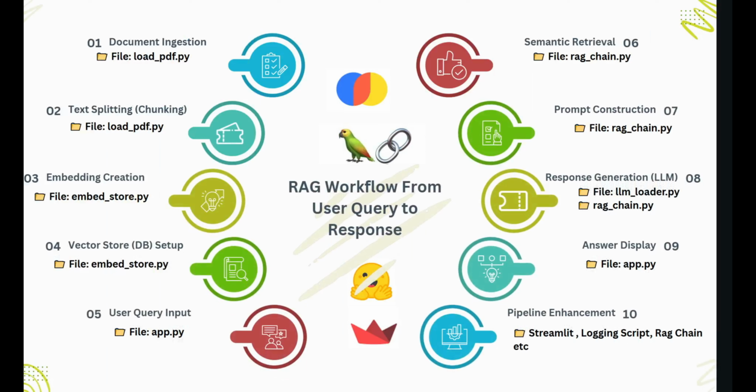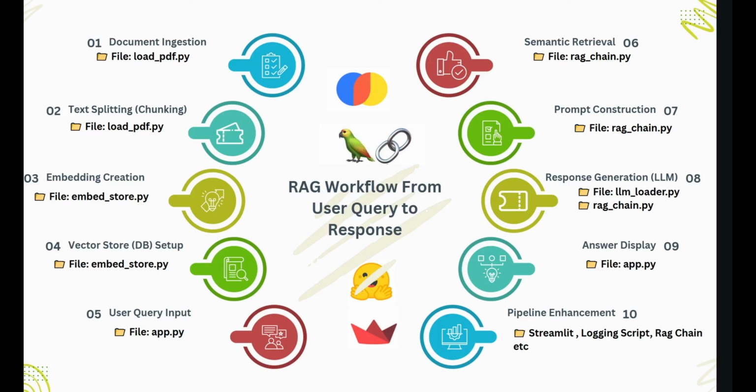and this is what we will use in our code. So this is an overview of the files which we are going to use. In document ingestion, we'll be using this load_pdf.py file. We'll be coming to our VS Code hands-on in a minute. Just see this picture so that we can connect it. The code of document ingestion is written in load_pdf.py. Then the splitting code is also written in the same file, load_pdf.py.